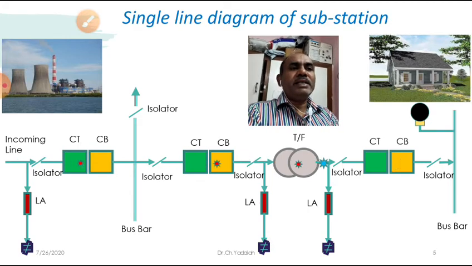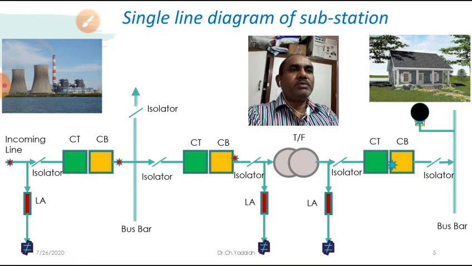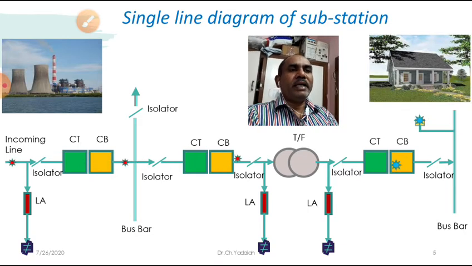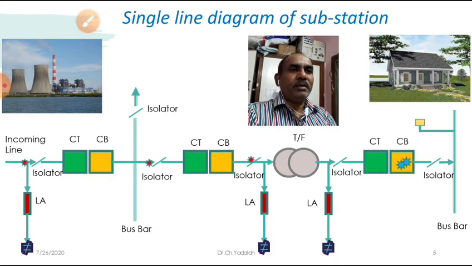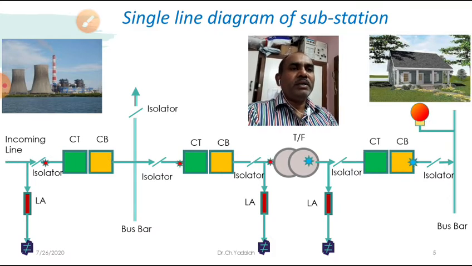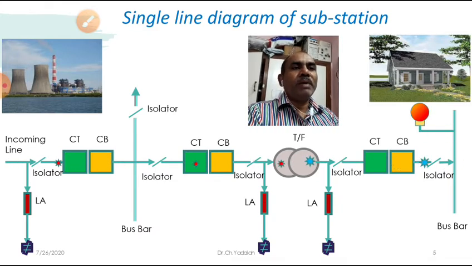Now after the secondary voltage comes, I am going to connect the bus bar. So what to do? I have to close the circuit breaker, and once I close it, the current passes through the bus bar and is connected to the load, where the load is glowing, it is working. This is a simple operation in a substation, that means to glow the bulb.